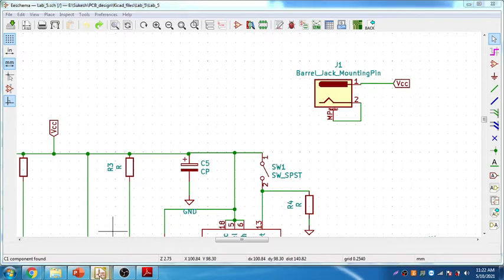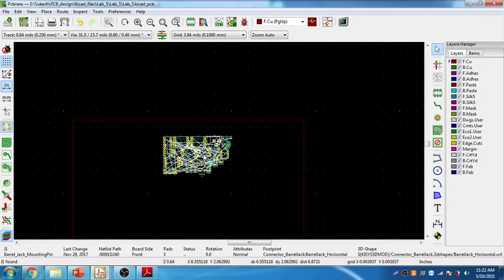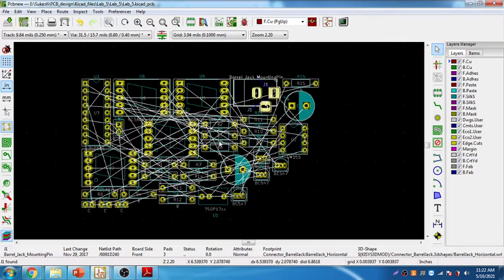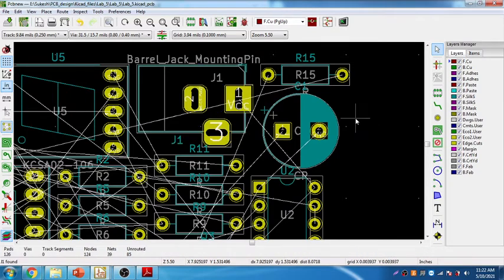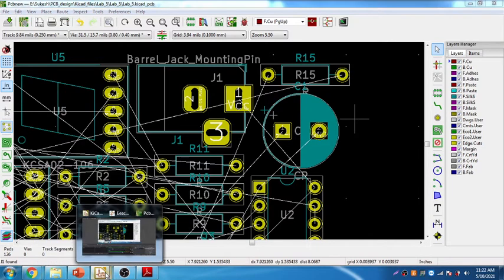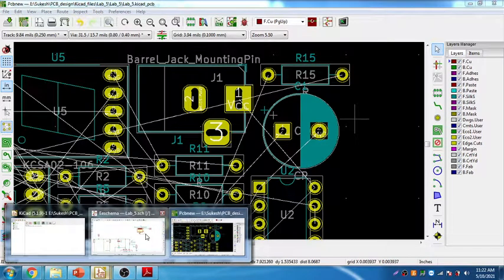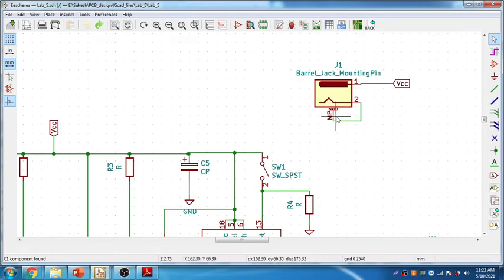I will just make sure whether we have loaded that or not, or it's not there at all. Yeah, it's there, but pin number 3 is not connected. Okay, I don't think we need to worry about that, because pin number 3 is a mounting point. So I think we can continue with the same design. It's not an issue. The problem of getting that error is because the pin number 3 is written as MP